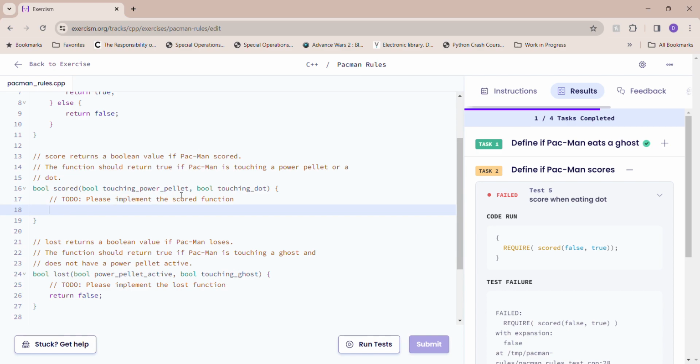Second function, scored. The function should return true if PacMan is touching a power pellet or a dot, which requires 2 arguments, power pellets and touching dot. Again, if touching a power pellet is true,